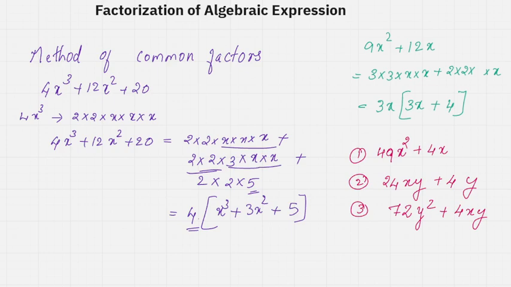Similar way, we can find out the common factors of 49x square plus 4x, 24xy plus 4y, 72y square plus